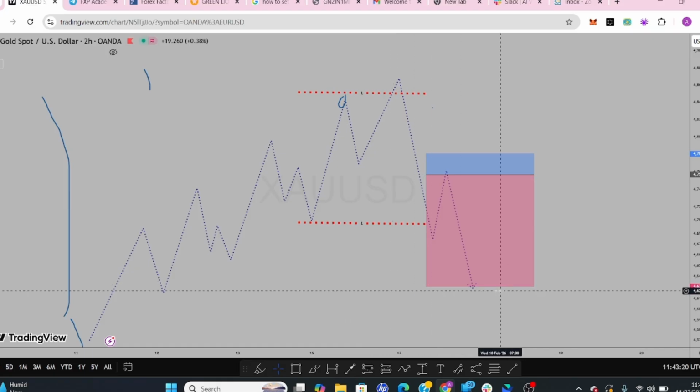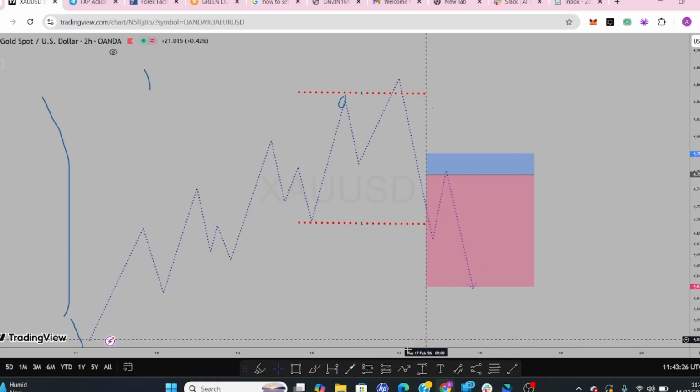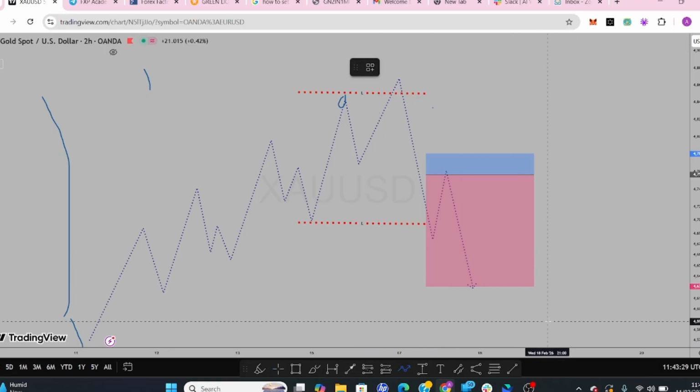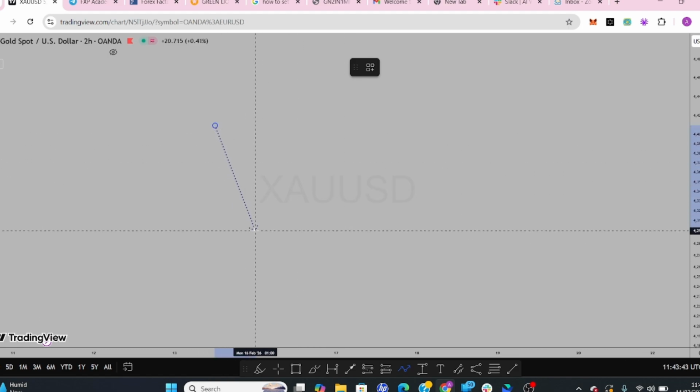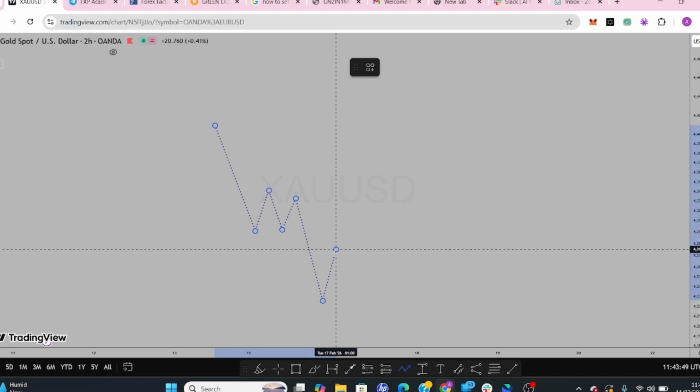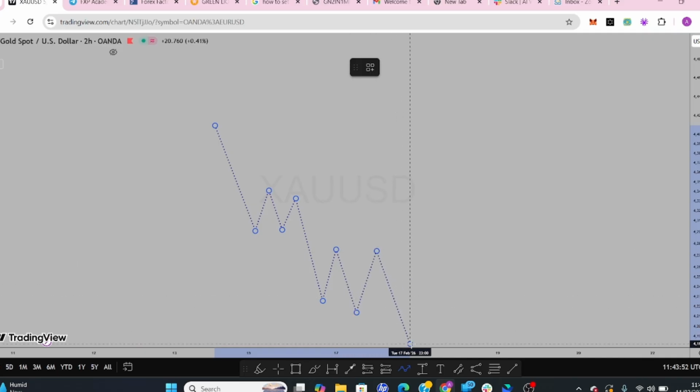You understand? So for the sake of tutorial, let me demonstrate it for you guys so that you have a perfect understanding of what I'm trying to paint out for you. So let's say the market has been trending downward, forming a series of lower lows and lower highs. You understand? So before the market will change to the upside, you will see what we call,